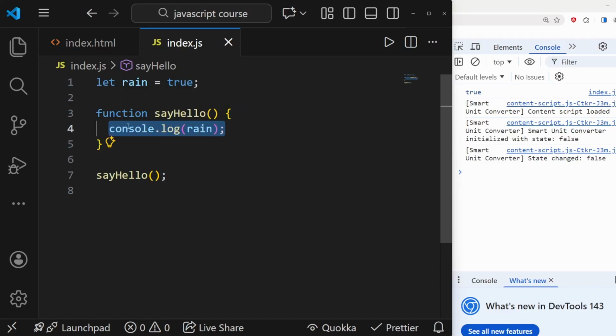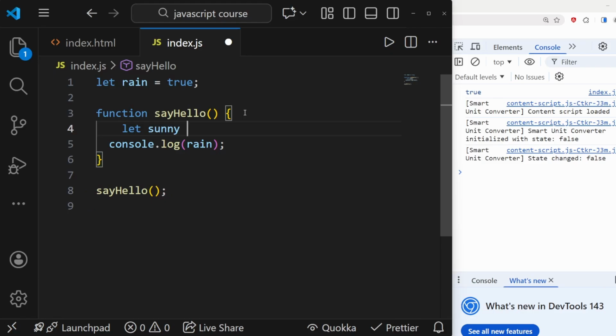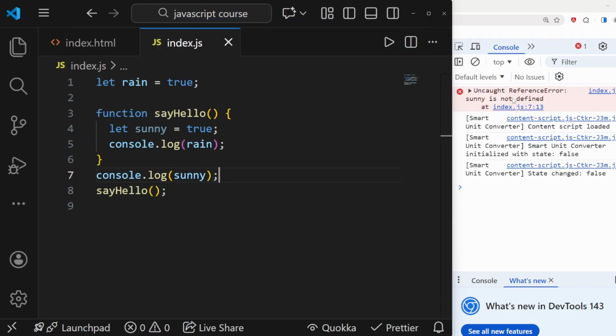What if I'm going to define let sunny be equal to true within this function right now, and now I'm going to console.log sunny outside of this function? You can see we are getting an uncaught ReferenceError: sunny is not defined. And the reason for this is that a variable is only accessible within the scope of its declaration. So if you declare it right here, at the highest level of your file, it will essentially be accessible everywhere. If you define it within this code block, for example, it will only be accessible within